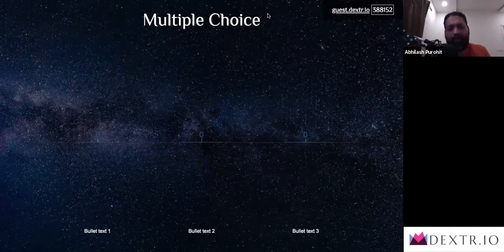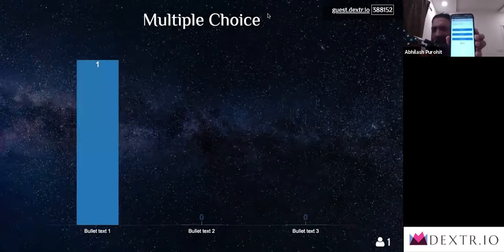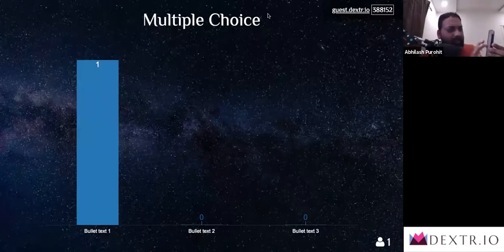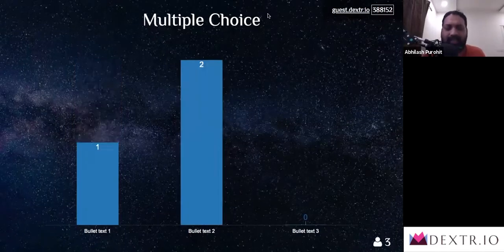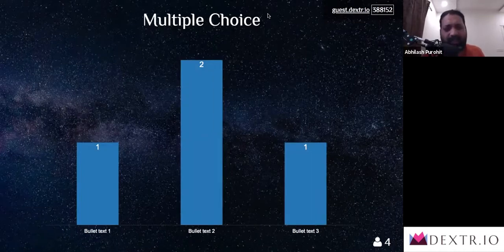In the multiple choice, what happens is that the user or the participant sees 3 options. And as somebody hits a button, so if I was to hit bullet text 2 now, you will see instantly that the options start appearing and displaying here in a multiple choice environment. 4 people have voted here. It is 2 people with 3 phones, 4 devices who are voting. But once you have a bunch of audience participating with you, their responses will start coming in real time and you can use that for your facilitation.